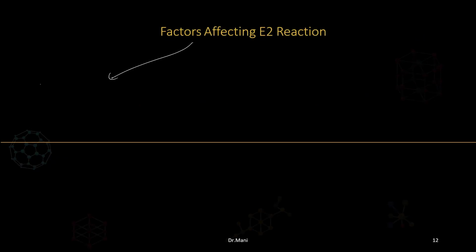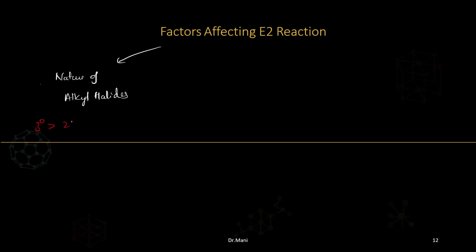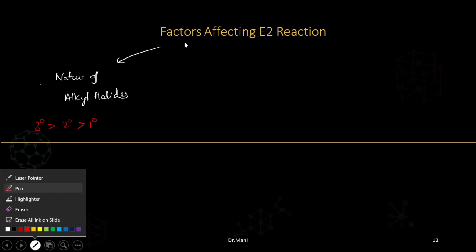So factors affecting the E2 reaction. One is the nature of the alkyl halide we take. What could be the nature of alkyl halides? You can consider the examples like tertiary is greater than secondary is greater than primary. So that is one which is influencing. So second one,